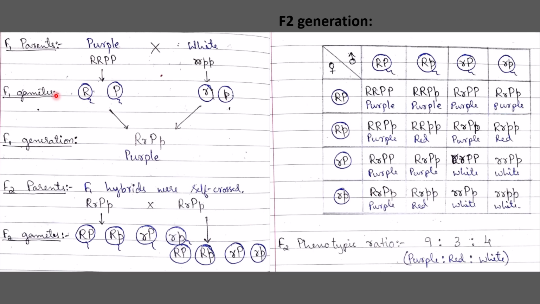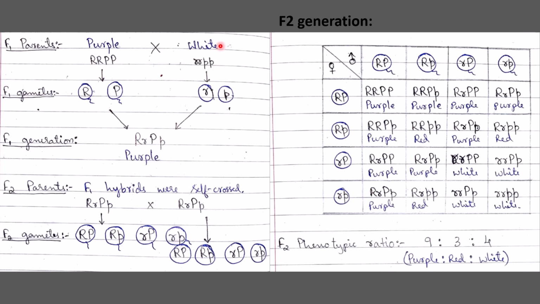So the cross is between a homozygous purple grain color maize plant and a white parent. Homozygous in the sense, as the question says, we need to take the homozygous genotypes here. So this is a purple parent, and this is a white parent, which is obviously rr. So I have taken this R and P in homozygous condition. Whenever the purple color needs to be produced, there should be the presence of at least one copy of the dominant alleles R and P. But since the question says it is homozygous condition, I have taken it as homozygous here.